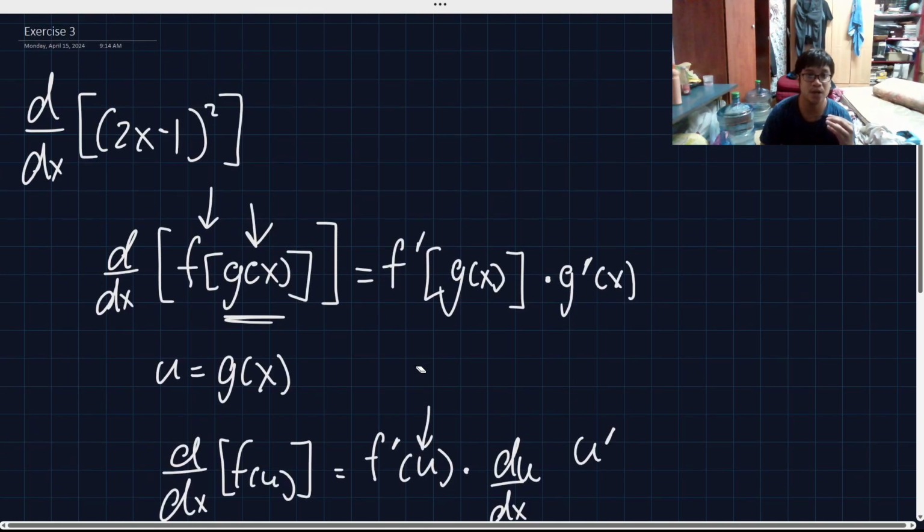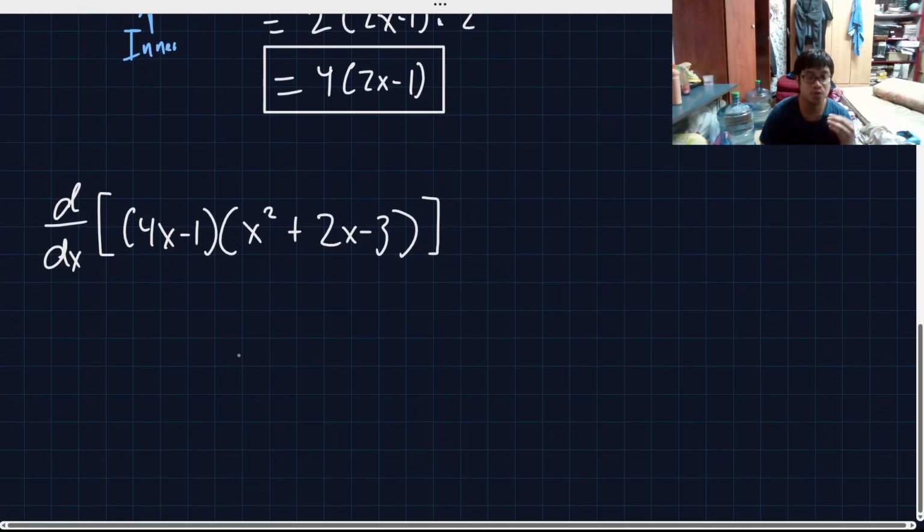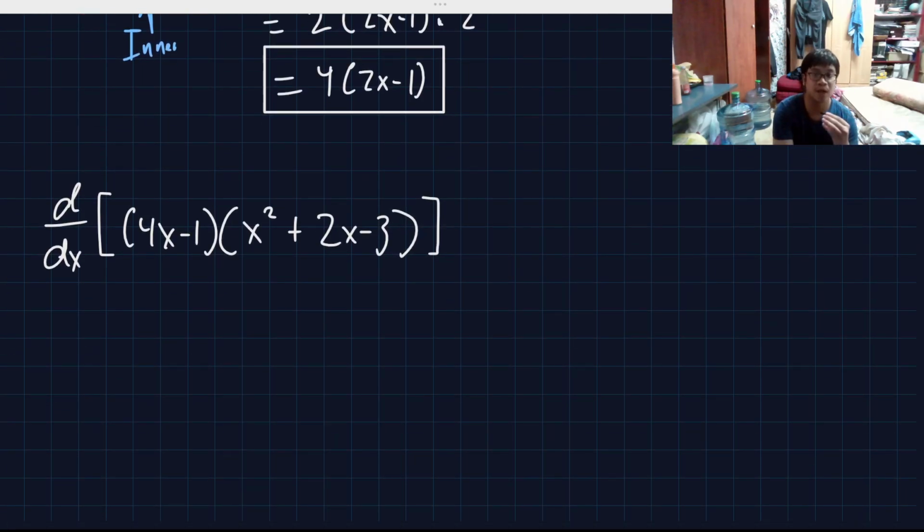Oh yeah, by the way, speaking of rules, you can apply product rule here, by the way. You can try that to yourself. Anyway, let's go back. So here, what I'm going to do first is use product rule of differentiation. Let's start first with that.